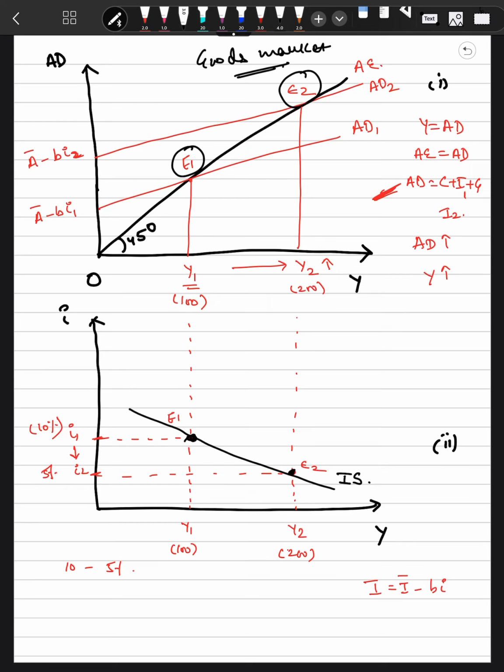Just one more point. Whenever we say that towards this right hand side, we know if we are, suppose equilibrium is at this point, and if we are at this point, so over here our Y is greater than aggregate demand, and there will be excess supply of goods, whereas towards the left hand side of the IS curve, Y is less than aggregate demand, and there will be excess demand of goods. Okay, so with this our derivation of IS curve is completed.